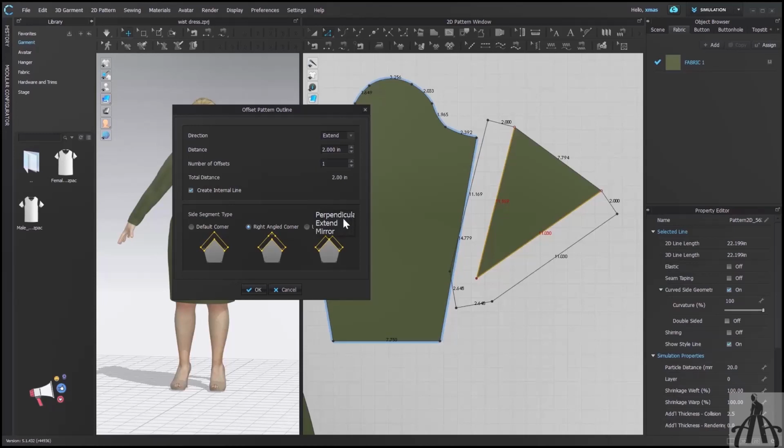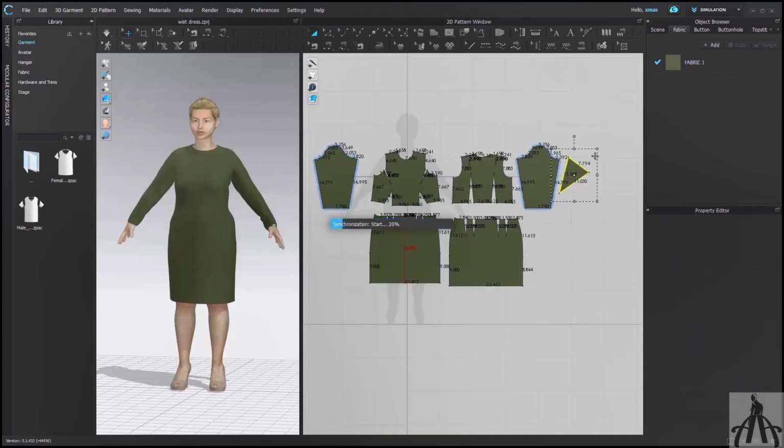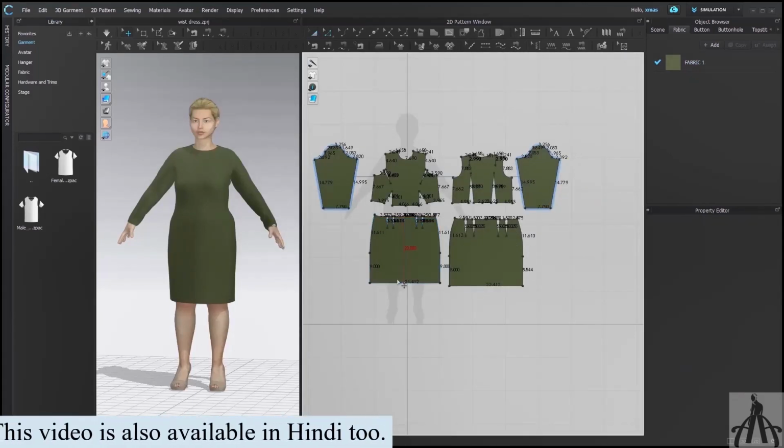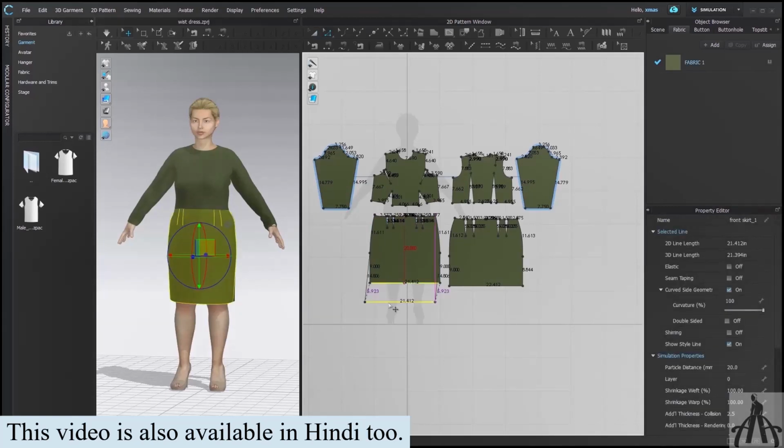If you select extend or mirror, then the corner won't be affected, only the sides will. In this way, you can resize your pattern. Some of you might be thinking, why do we need that? So let me tell you that you can extend a single line like this, but you can't do the same with 2 adjacent lines. It will only distort your shape.